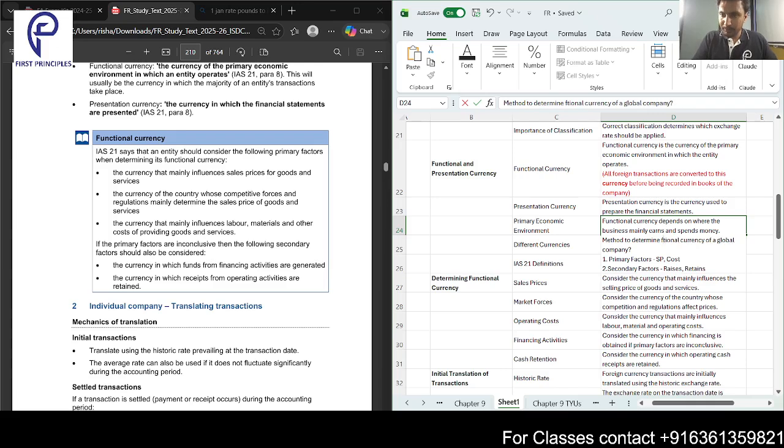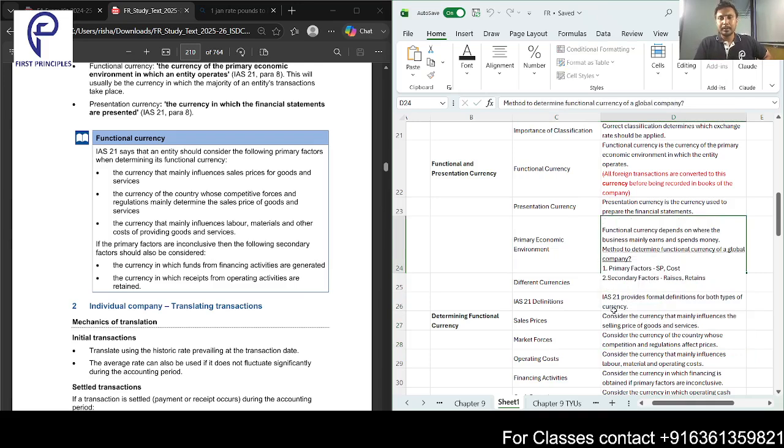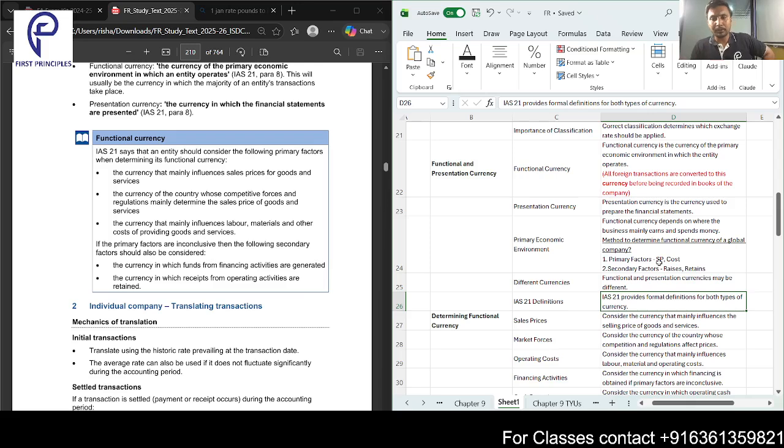Method to determine the functional currency. Okay, just a little extra info here. Method to determine the functional currency of a global company. First, you look into primary factors, and if you cannot get it here, right? Because if selling price is affected by dollars, cost is affected by, let's say, dinar, right? So you can't get a single currency which is a primary factor affecting both. If selling price was also affected in rupees and cost was also affected in rupees, the one currency that affected my selling price and cost the most was a single currency, then that would be my